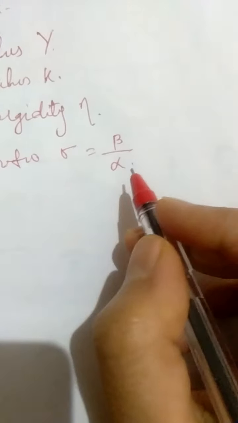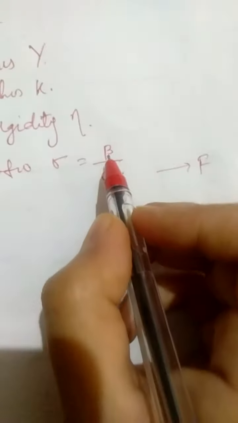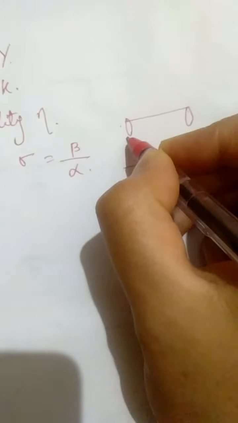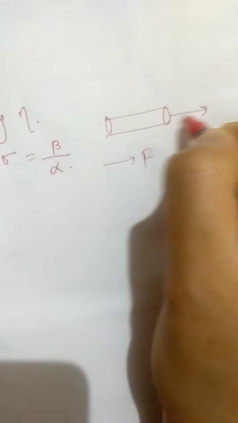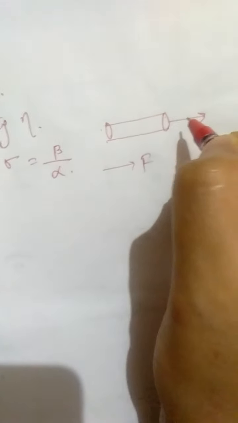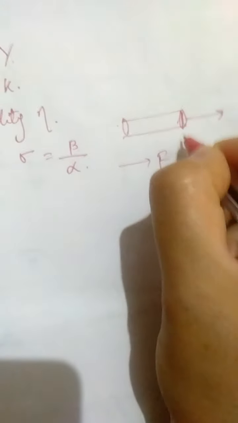You know that alpha is the longitudinal strain, that is, it is the elongation produced in a body along the direction of force, and beta is the elongation produced perpendicular to the direction of force. In this case, we talked about the example of a metallic bar, in which the force applied is in this direction and the elongation takes place in the same direction. That strain will be given by alpha, and the strain that is produced perpendicular to the direction of force along the diameter is given by beta.